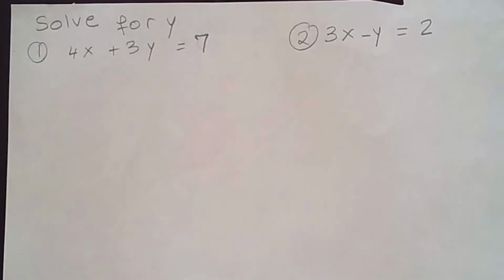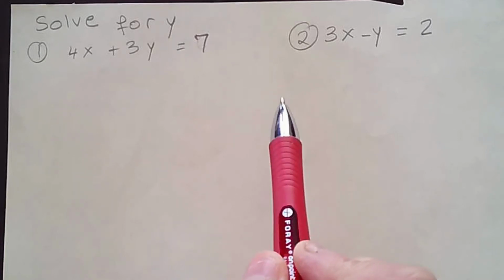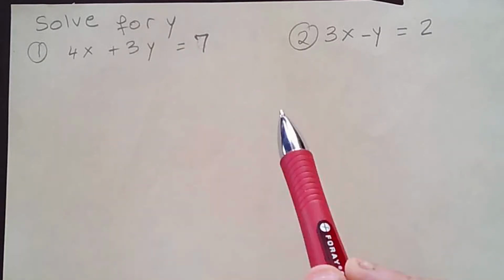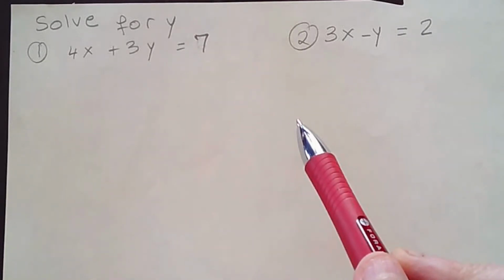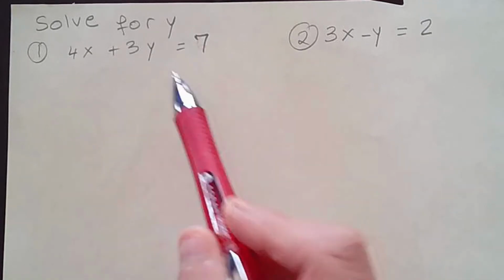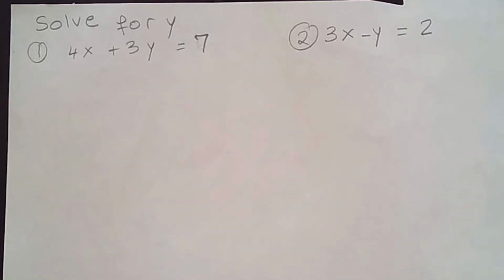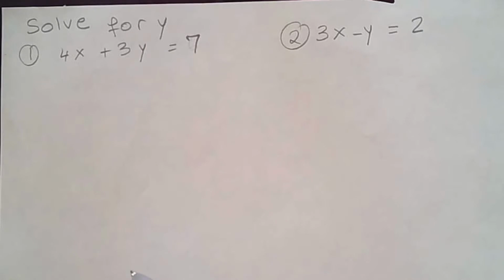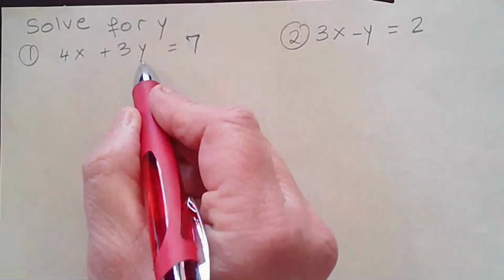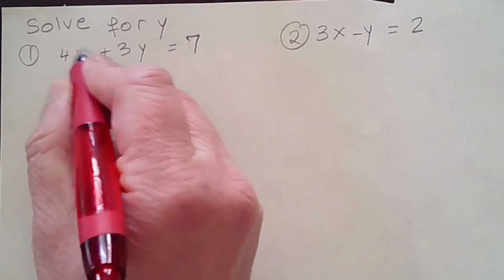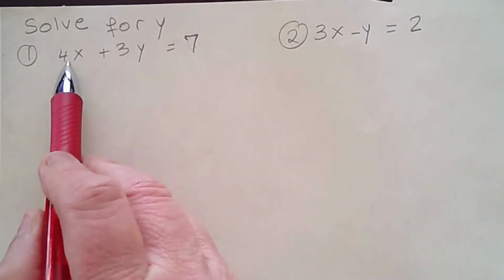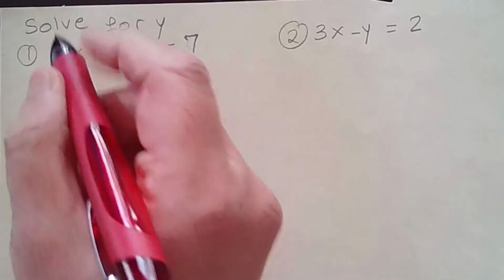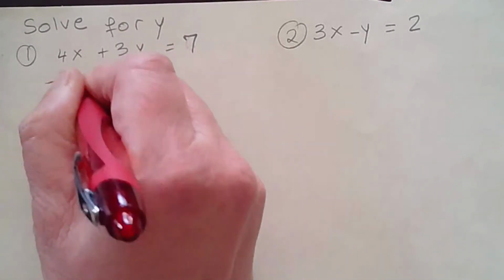Solve for y. We have two equations here, and in these two equations we have two variables, x and y, and we're going to be solving specifically for y. So as we've seen in class, we're going to treat the other variables as if they are constants, numbers. So by solving y here, we need to subtract 4x. We need to move this to the other side of the equation. So we subtract 4x,